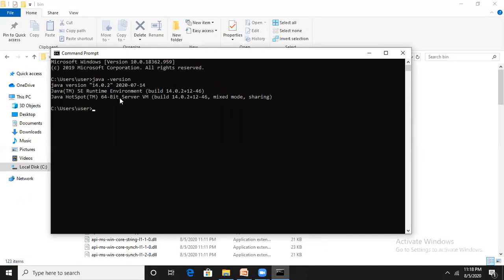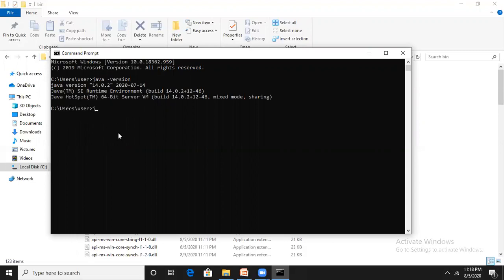Now see, the command runs successfully. Java version 14.0.2, 2020-07-14, Java runtime environment, and Java HotSpot is also installed. That is, this JDK comes with the HotSpot facility, the JIT compiler. We already saw what JIT is in the last session.